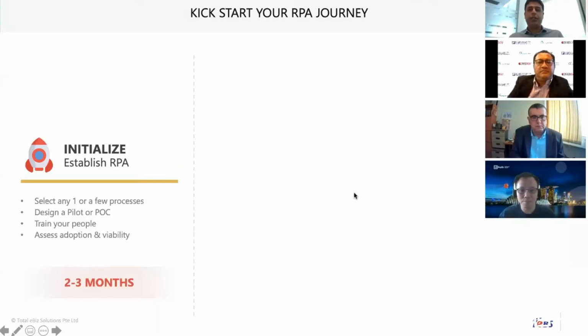And this is very generic. You may have already started a few things on RPA, so you could put yourself in whichever part of this journey you fit in. To start off with RPA, whether it's a big company, a small SME, or a small setup, you can just take up 1 or 2 processes which are very suitable for RPA.